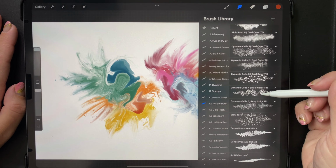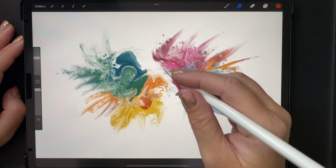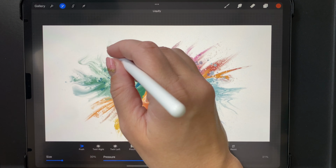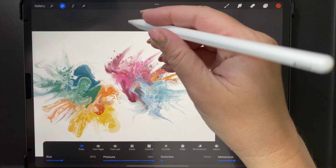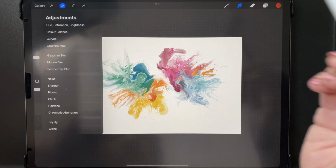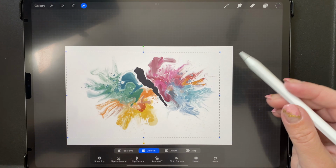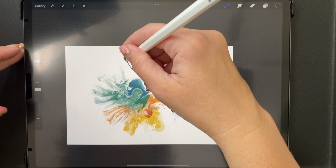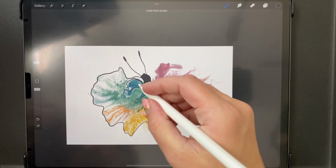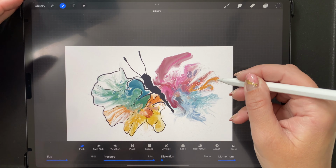So I went in and I used the acrylic pour cells after using Liquify on this and just made 2 blobs basically, and just kind of went in with Liquify multiple times, just kind of manipulating the whole thing around. And eventually with this, I got to a point where I did the ink just like I did in the previous one, and ended up doing that pretty similarly, but I went all the way around instead of just around bits of it. And this was all pretty similar to what I had done before,